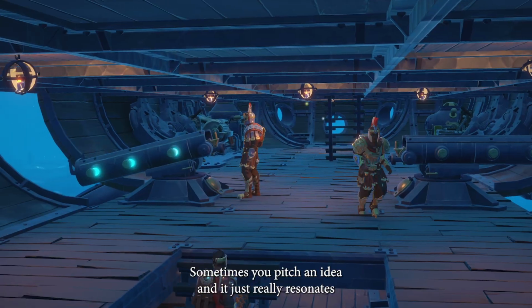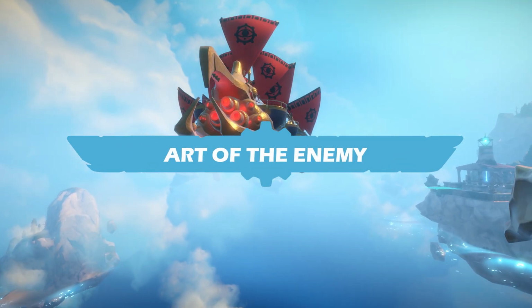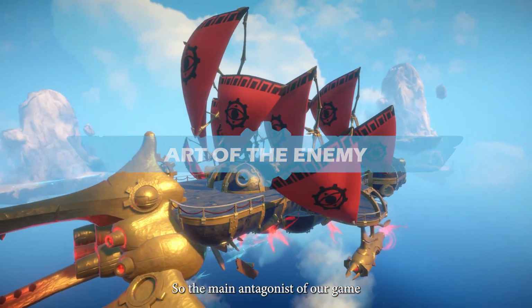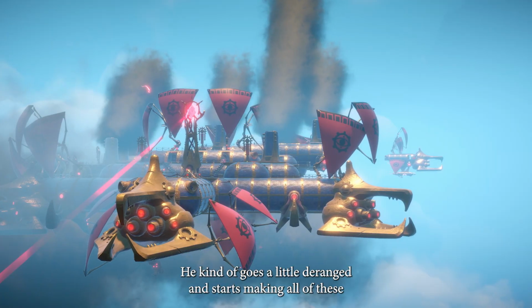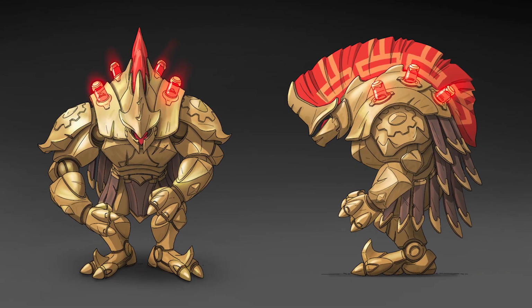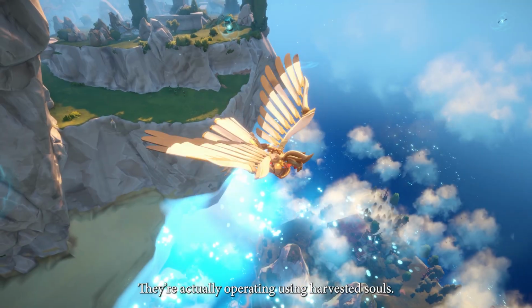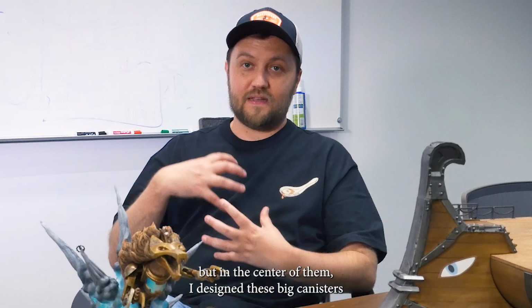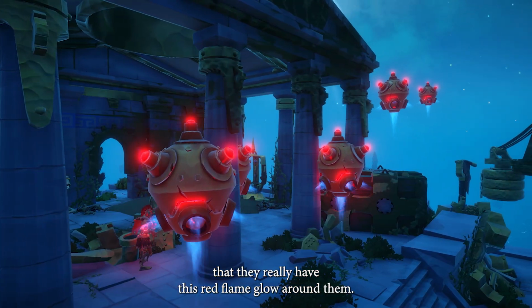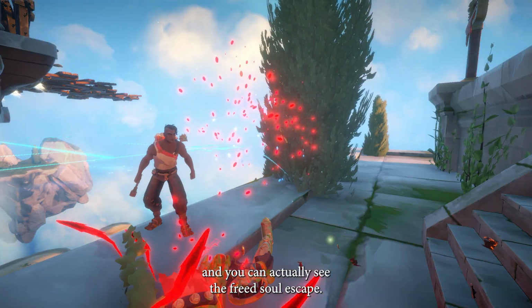Sometimes you pitch an idea and it just really resonates with everyone on the team, and that was one of those cases. So the main antagonist of our game is this inventor from Greek mythology. His name is Heron. Spoiler alert. He kind of goes a little deranged and starts making all of these basically walking automatons. They're actually operating using harvested souls. So there are these automatons, but in the center of them, I designed these big canisters that have this red flame glow around them. And when you kill them, the canister breaks and you can actually see the freed soul